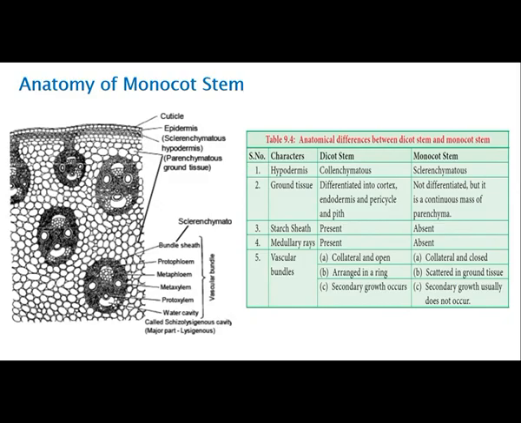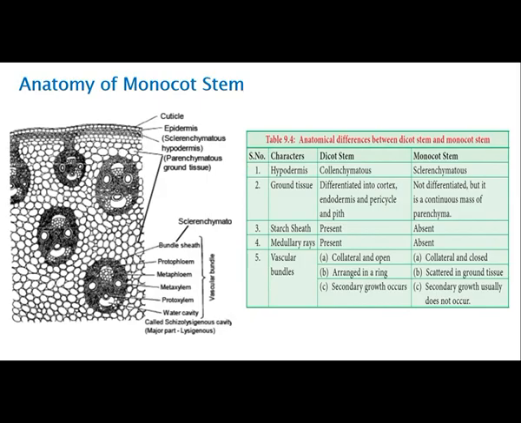Then coming to the hypodermis, it is present. It is three-layered, but it is sclerenchymatous. The hypodermis was collenchymatous in case of dicot stem. The cortex is multi-layered. The bundle sheath is the total covering of xylem and phloem, and the bundle sheath is made up of sclerenchyma. So the vascular bundle is also called the fibrovascular bundle because the covering of the vascular bundle, that is the bundle sheath, is totally sclerenchymatous.